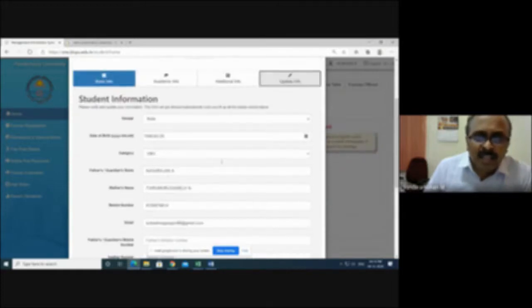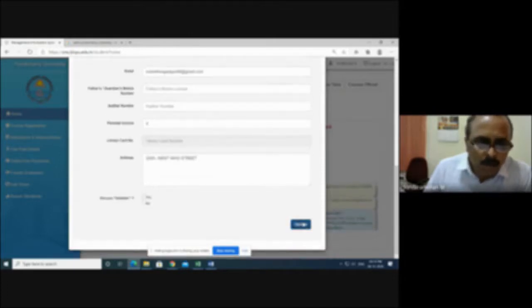If your date of birth is not proper here, then the TC, which is going to be issued after two years, will have a wrong date. So whenever you do the first login, check your credentials, and if any issues are there, you can update on your own. For some things, like a correction to your name, you can mail us and we will do the correction. This is the first part you have to do in login.